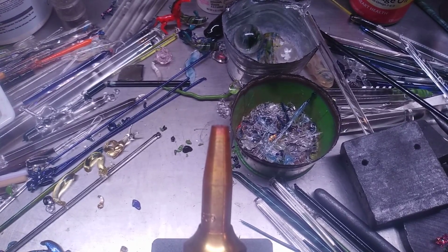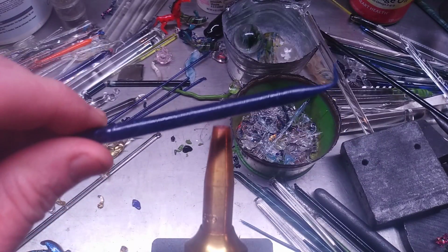Turn on the torch, light up the flame, time to melt some glass, my friends. There you are, here I am to explain, to teach, and create again. Today, I'm going to do a double encasement. And in the double encasement,